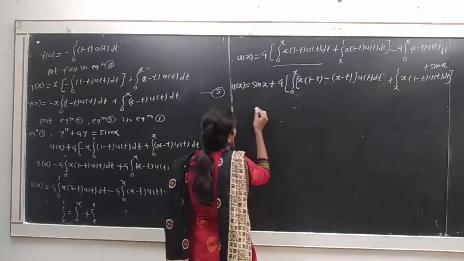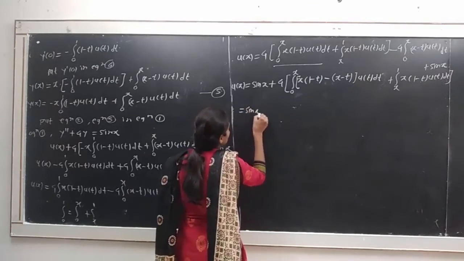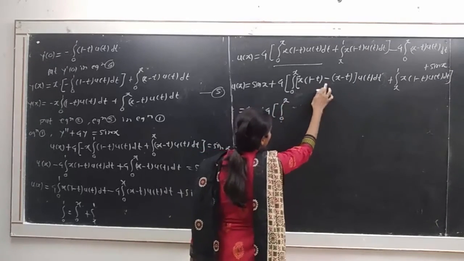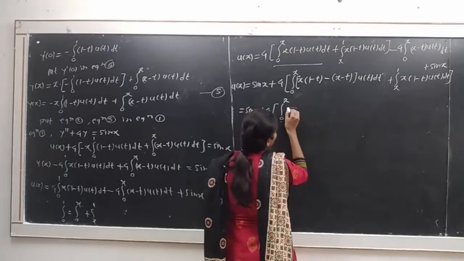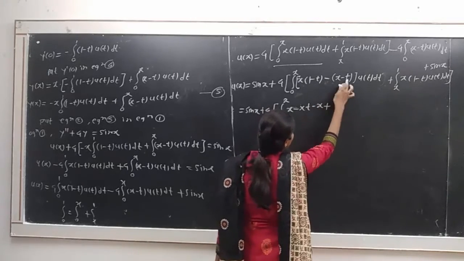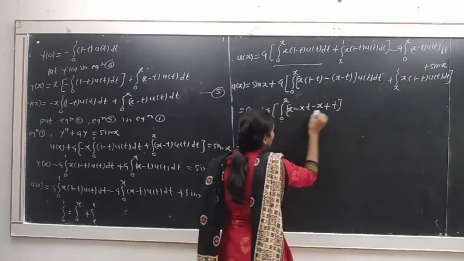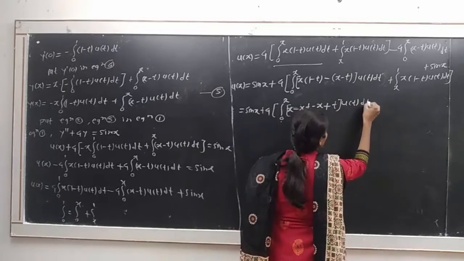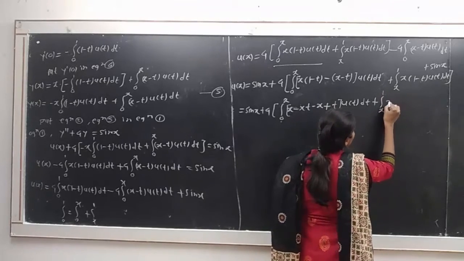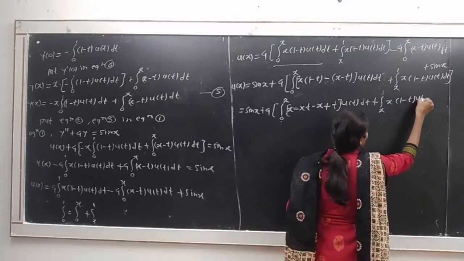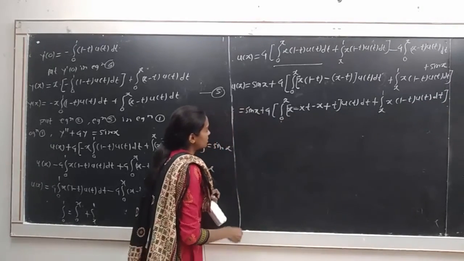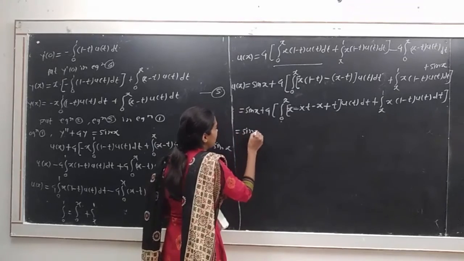Okay, then it is equal to sin x plus 4 integration from 0 to x, we multiply this x inside the bracket, we get x minus xt minus x plus t into u of t dt plus integration from x to 1 of x (1 minus t) into u of t dt as it is,